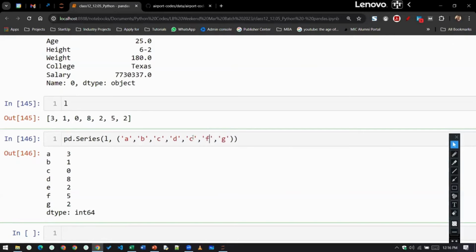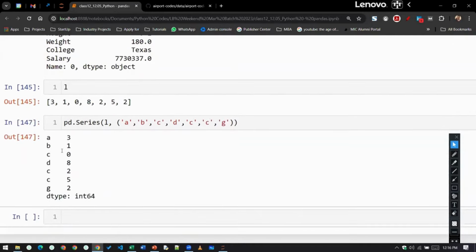You can see index can repeat class. Multiple rows can have the same index. So what we do class in this kind of cases,